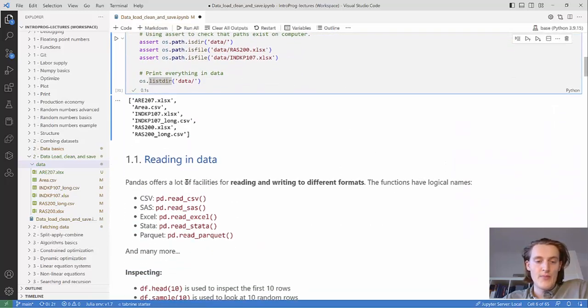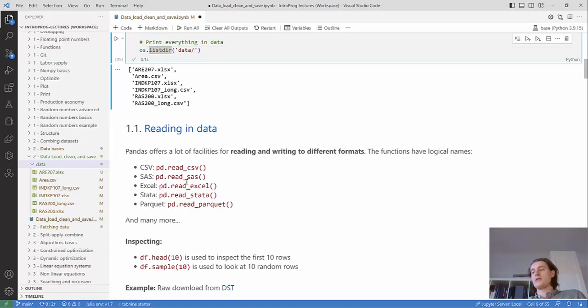choosing the folder. Okay, so reading in data with pandas in Python, there are a lot of good functions for doing it. There's always a function for reading a specific file type. So here's an example. CSV is a very common file type. SAS files, Excel files, Stata files. Parquet, which you might not know about, is a file type which is a bit more memory efficient than all of the above. So it can be faster to work with